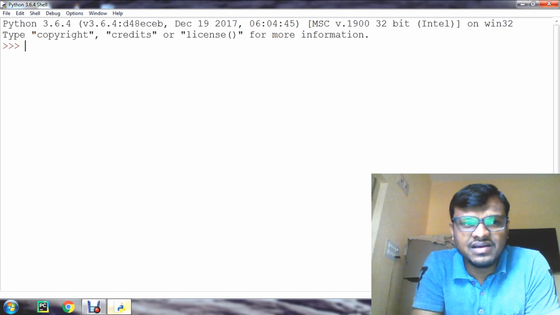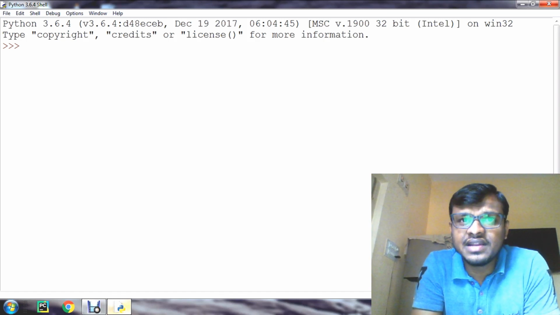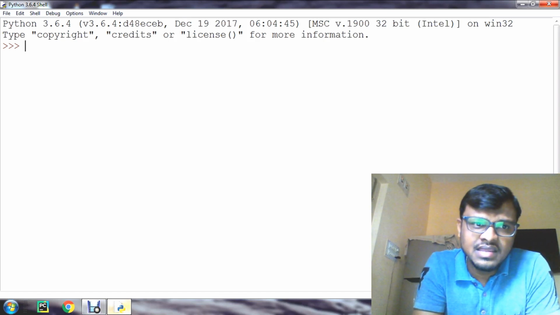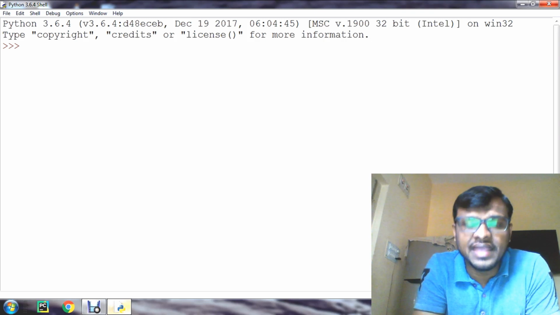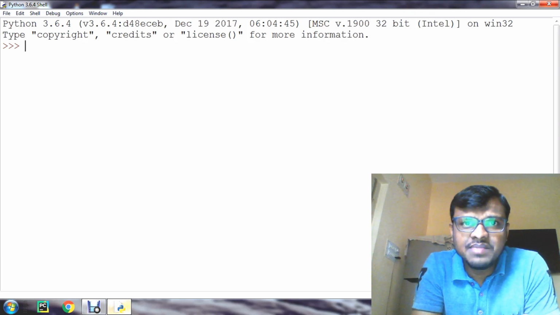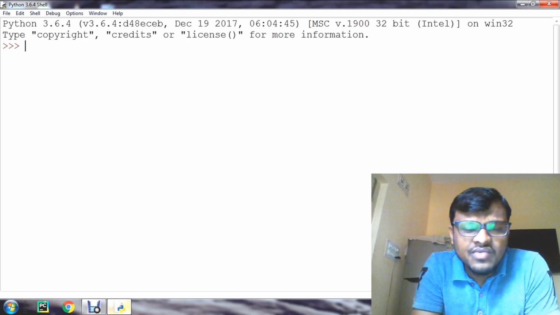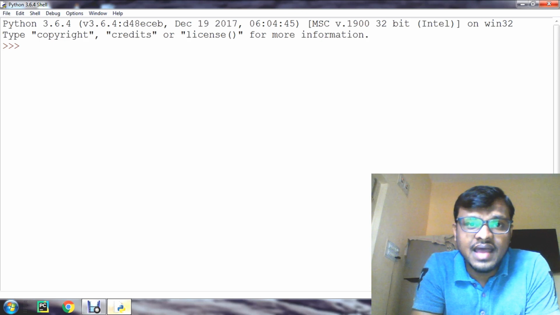Well guys, as we know, dictionary is one of the data types in Python. The data type dictionary falls under mapping. It is a mapping between keys and a set of values. The key value pair is called an item.